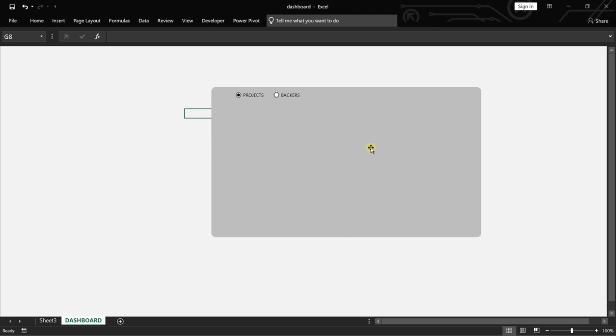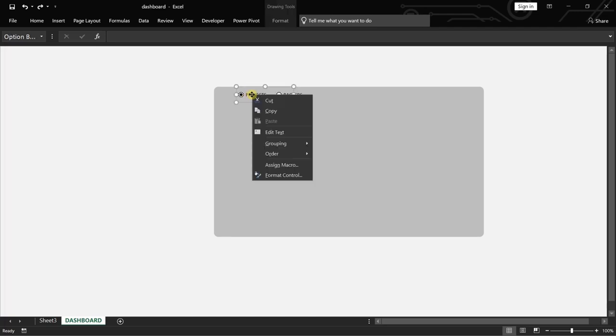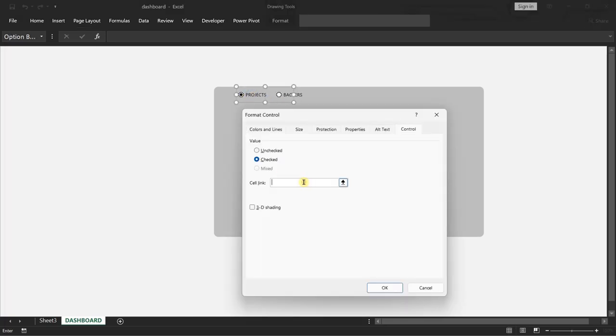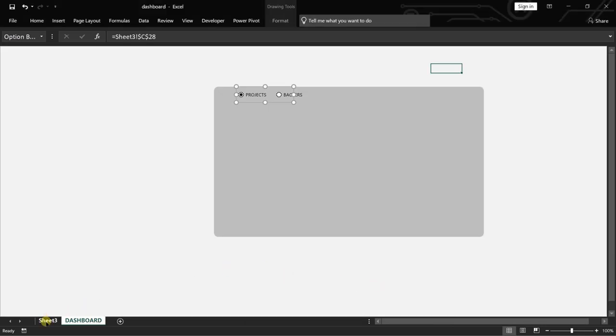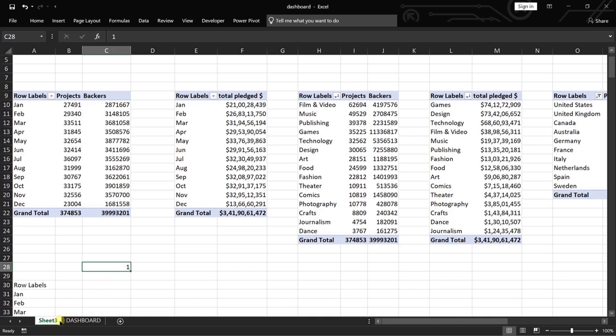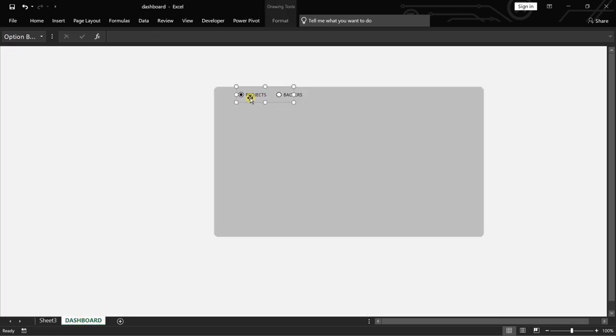This is looking good. Right click on any of the buttons, format control. In here we are going to go here and click on here and then OK. Now see, this is showing 1